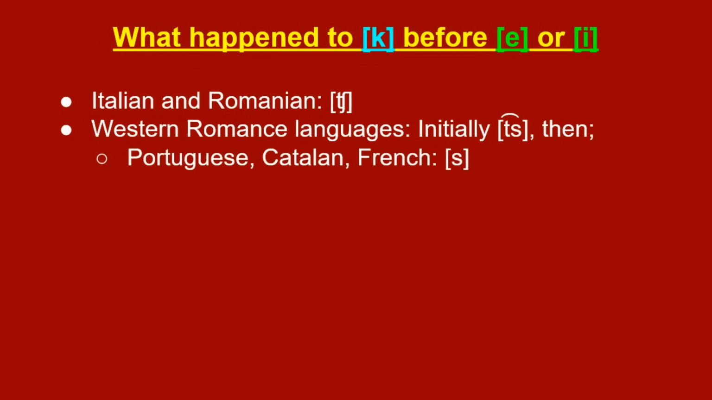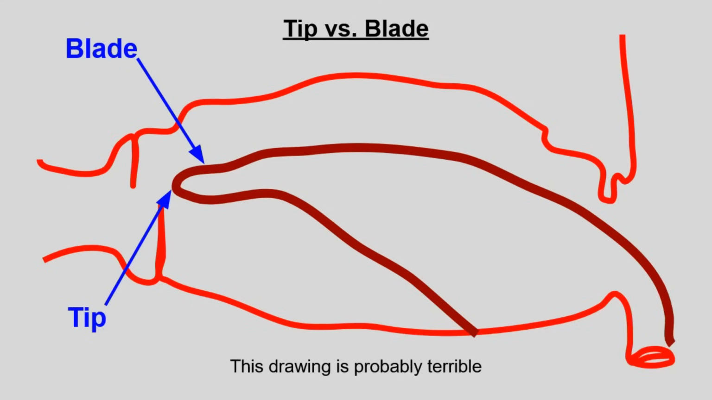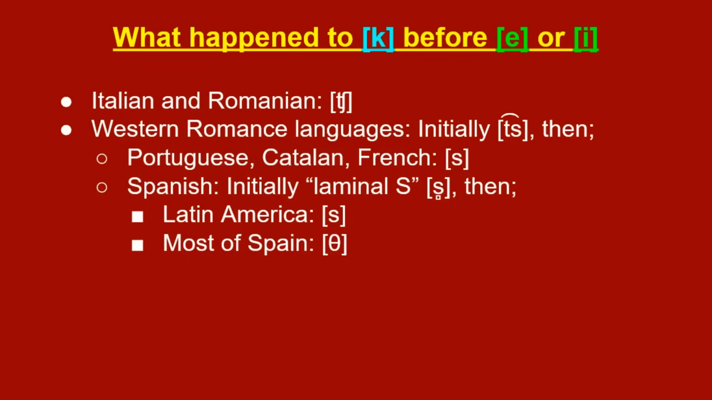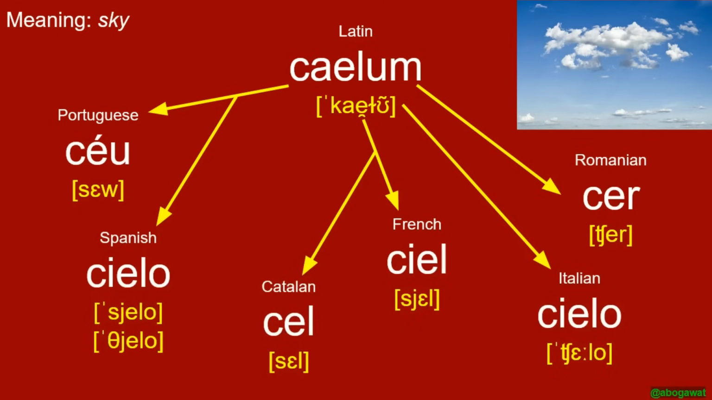In Portuguese, Catalan, and French, this sound simply merged into s, but in Spanish, it initially shifted over to a laminal s, made with the blade of the tongue instead of the tip. From here, in Latin American Spanish, this sound merged into regular apical s, just like in the rest of the Western Romance languages, but in most of Spain, it instead became a voiceless dental fricative th. So for example, there was Latin caelum, the ae diphthong merged into e in Vulgar Latin, and it became Romanian cer, Italian cielo, French ciel, Catalan cel, Portuguese céu, and for Spanish, in Latin America it's pronounced cielo, and in